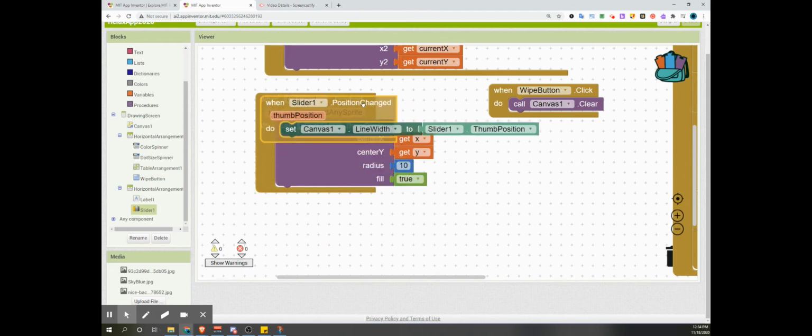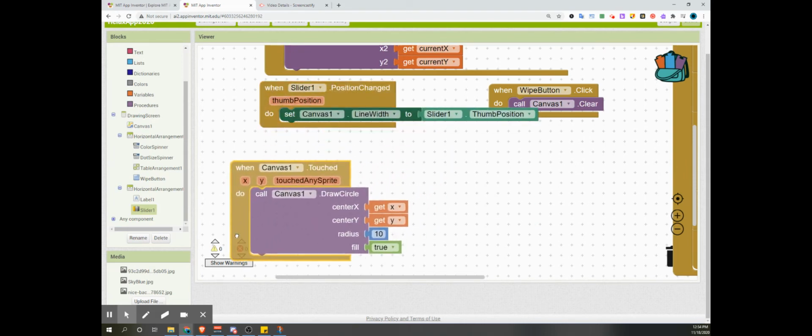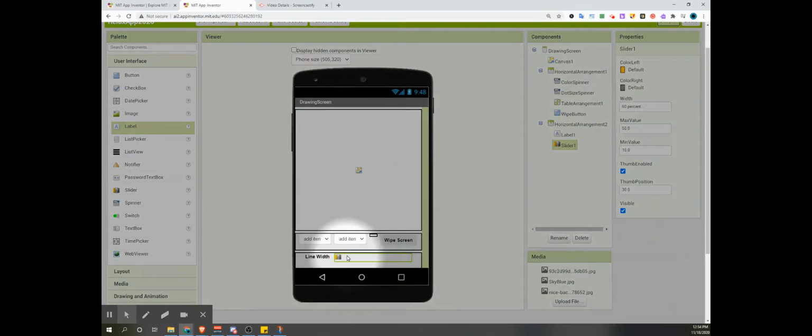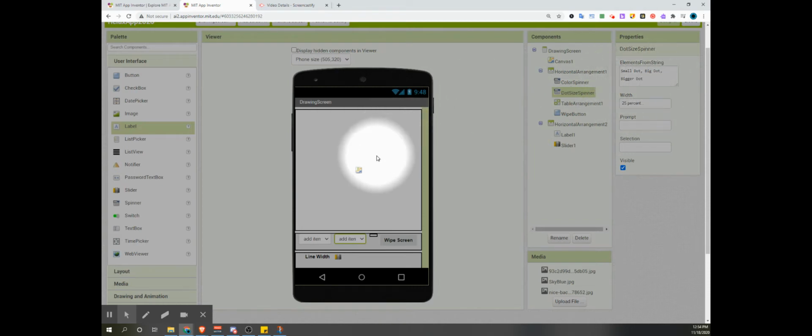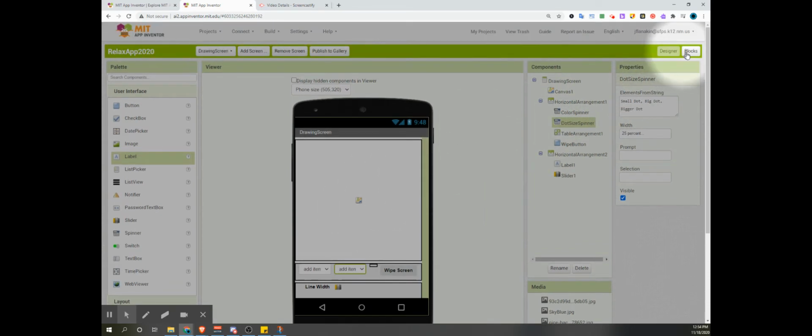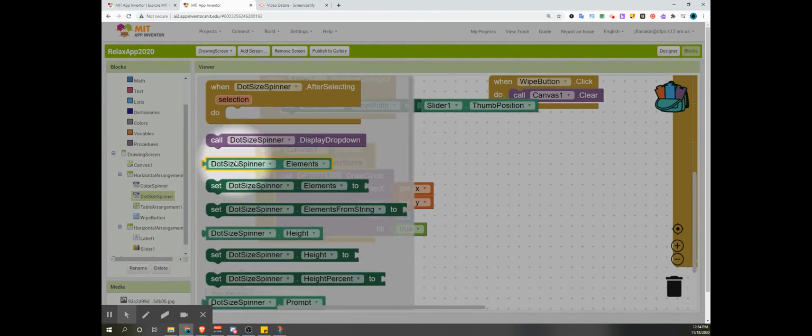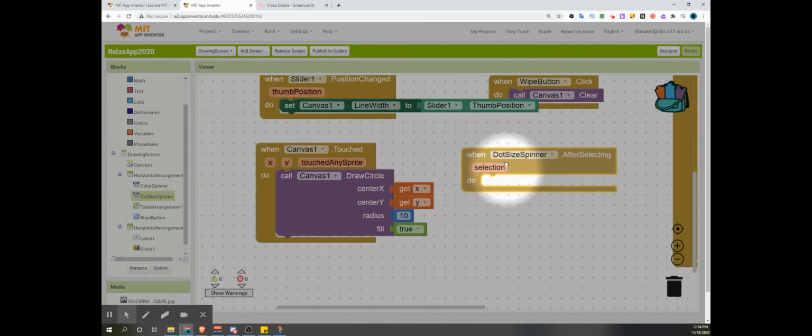The next thing we're going to do is look at this code right here, because if we go back to our design view, we just programmed the line width. What we want to program is the dot size spinner, so that the user can change the size of the dot that they create when they click on the canvas. So what we're actually going to do is go to that dot size spinner and pull out after selecting, much like we did with the